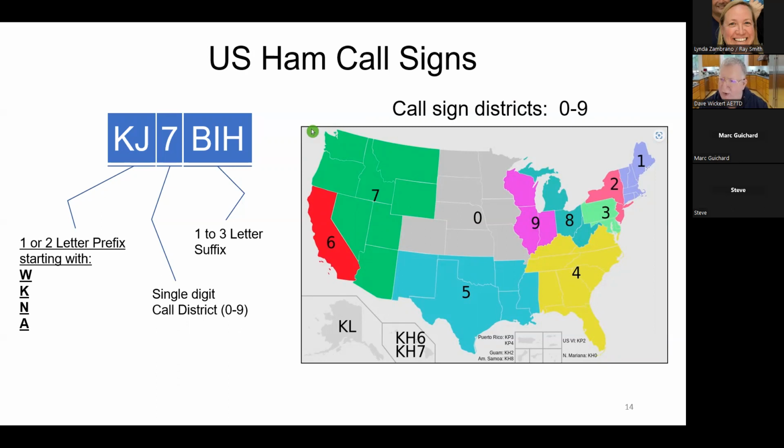And then you see there are some call signs that are allocated geographically. So if you live in Alaska, you'll get a KL7 call sign. If you live in Hawaii, you'll get a KH6 or KH7. And in the Caribbean, they have KP3 and KP4 for Puerto Rico, and you can see some of the other designations there. That indicates that you're down in the Caribbean.